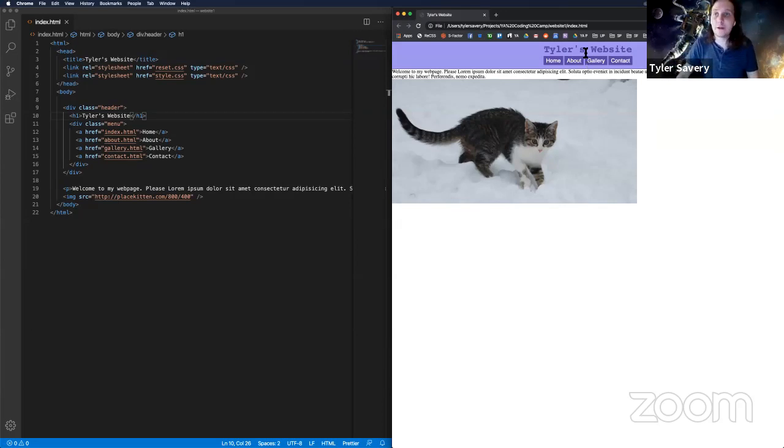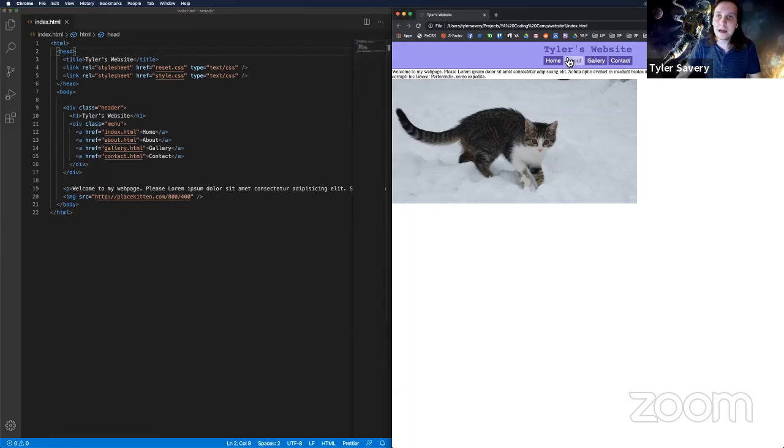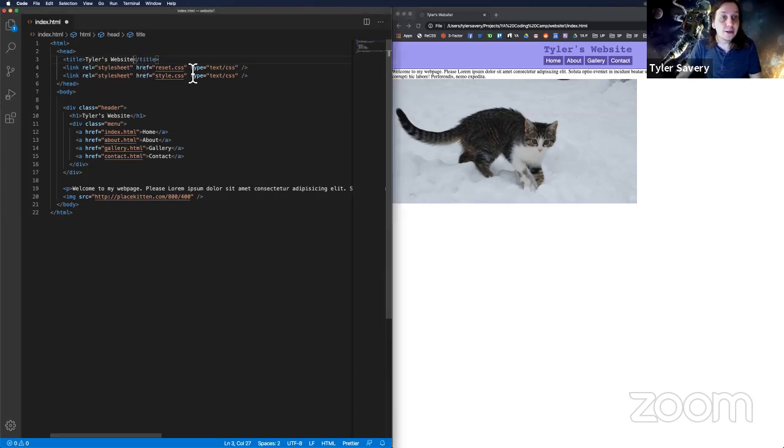Okay, so we'll do a quick review of what we built. So on the HTML side of things, we created our simple HTML opening and closing tag. We have a head that has our title, and that's not this title, but the title that shows up in the tab bar. And I can demonstrate that by putting an exclamation mark there and seeing, look, there it's changed. It didn't change this one. That's different. We also included 2 files,